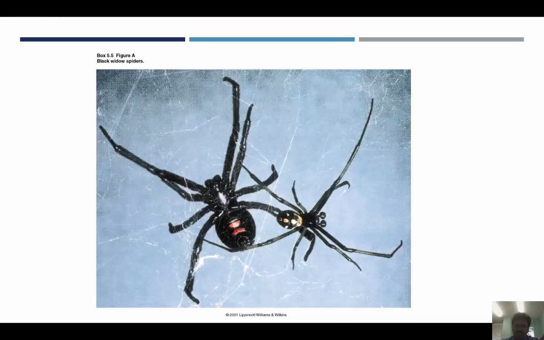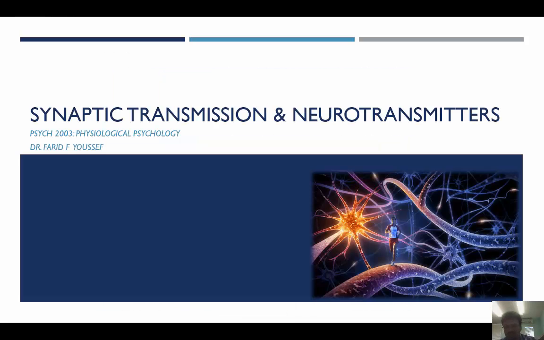So that ends our lecture on synaptic transmission and neurotransmitters. We're now really getting into the meat of physiological psychology and how understanding the physiology and the behavior of neurons, we can now use this to build up to actually understand how do these things influence behavior. And that's going to be one of the really interesting parts of this course as we begin to see how these neurotransmitters that we spoke about in today's lecture actually can